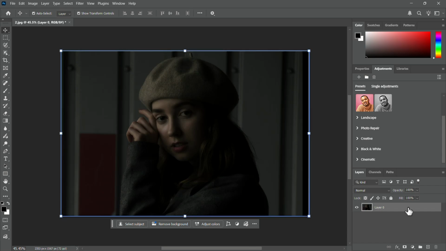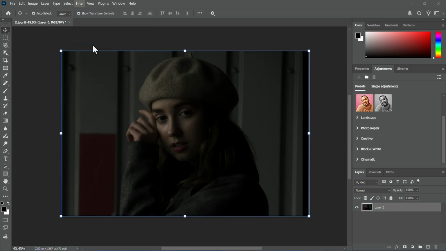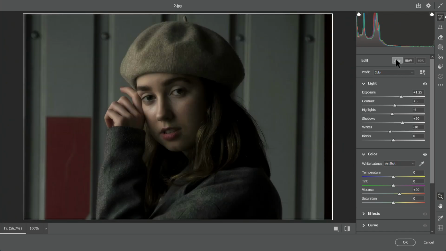To fix this, I'm going to head over to Filter, then Camera Raw Filter. This will open a new window. The first thing I like to do is press Auto, which gives you a nice base look and brightens the image quite nicely. For many beginners, that alone might be enough to improve the photo, but you can experiment further